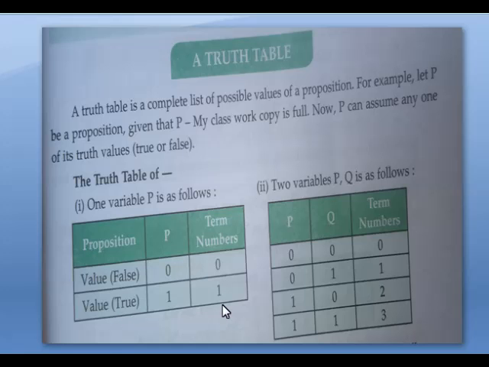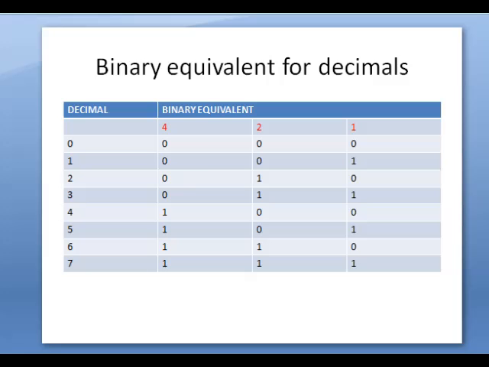So 0's binary is 0 because it is one variable. 0's binary is 0, 1's binary is 1. Now we are going to see the truth table for two variables. Two variables means, see, first two, 1 and 2. So 1 plus 2 is 3, है ना, तो 0 to 3 तक decimal होगा. This column we have to hide and only this.